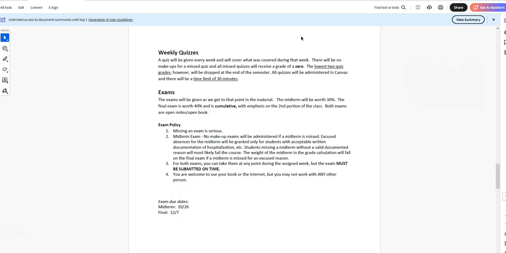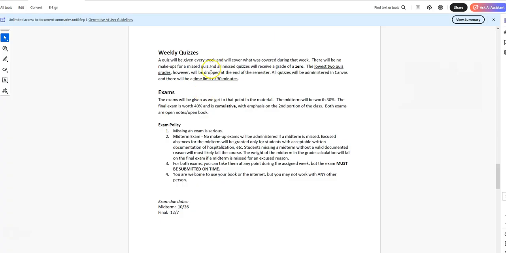So if you log on and somehow your computer shuts down or whatever, once you open that quiz, the time will start. And so if that happens and you need me to go in and reset it, just let me know. The quizzes are multiple choice, and the quizzes as well as the exams are all open book, open note. However, you cannot use AI, which I'll talk about in a second.